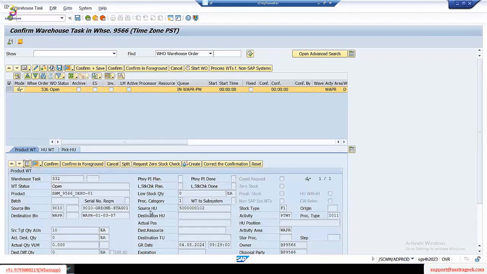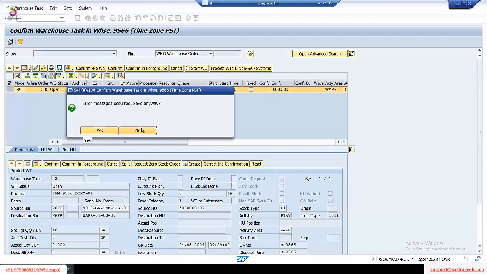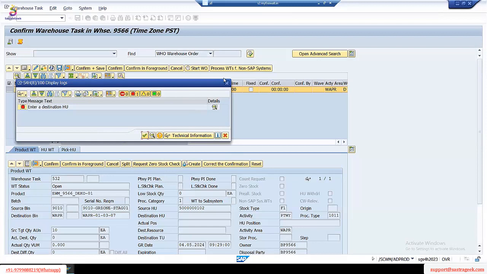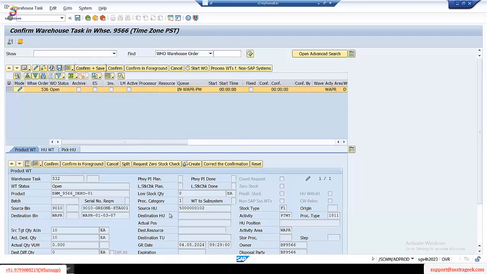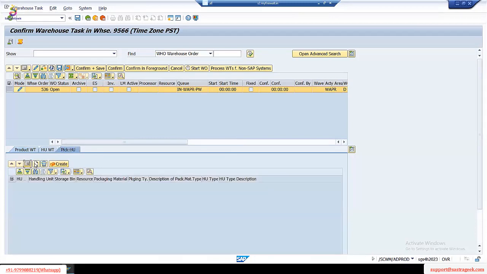Here is one of the products, from the staging area directly to the final location, a racking location. So I can confirm this task. Remember, this is the deconsolidation product, because the system failed to create a deconsolidation. Now the system is expecting me to move this product to some destination HU, because my warehouse product WPR is the HU managed location. In a real environment, we don't know that, so I'm going to create one fictitious